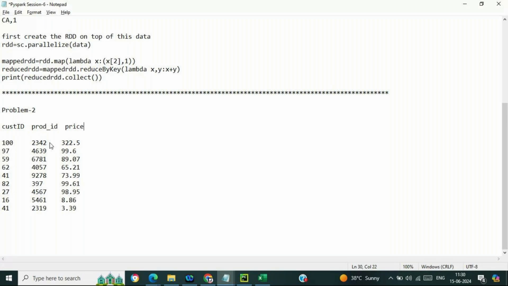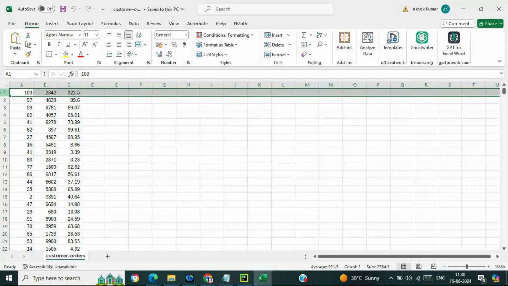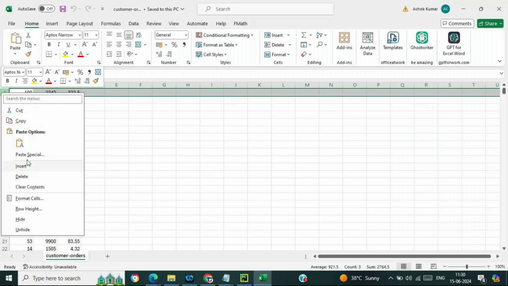So what is my expectation on top of this particular data? I just want to have the shopaholic customers. Let me try to mention shopaholic customers. What is the meaning of this? Let me show you.